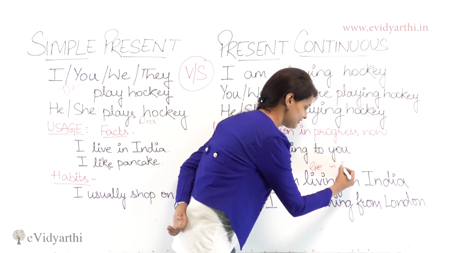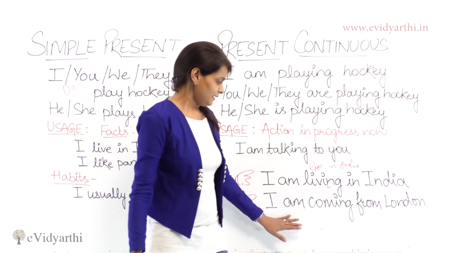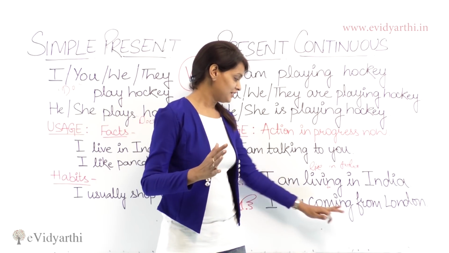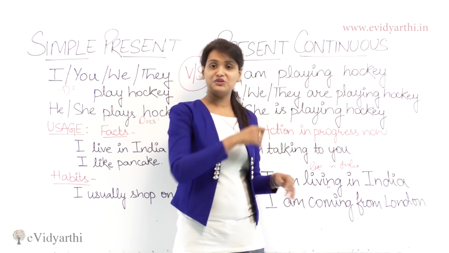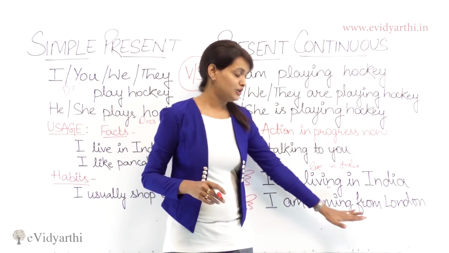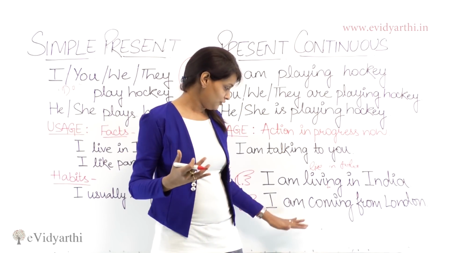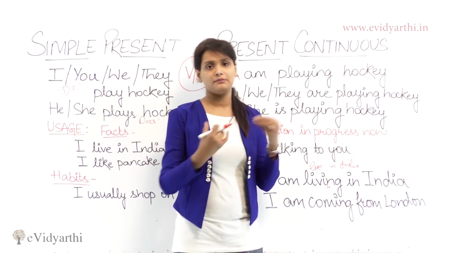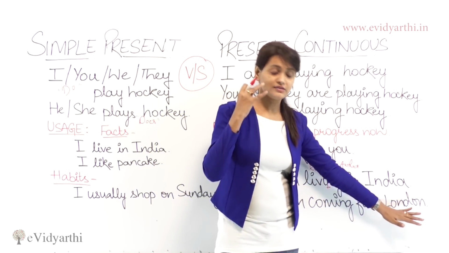I live in India. Right? This is wrong. Okay, I am coming from London. Again, using coming from London here is wrong. It means that you just visited London recently and you are coming back home. Someone is asking you which country you belong to, and you say I am coming from London. It means you just visited and came back. But if you actually belong to London, if London is your city,